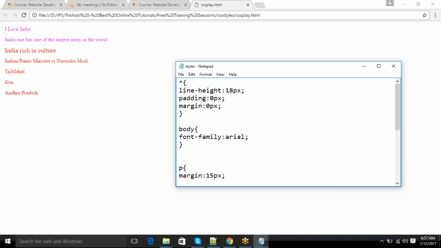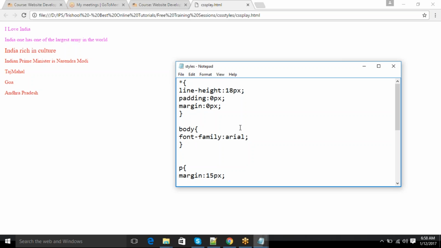You might wonder what's the difference between star and body. There is no difference actually. Yeah, there is a difference. Star represents every tag in the HTML. Body contains all tags automatically. So mostly both of them are similar. When it comes to overwriting, you will see the difference. You don't need to worry about that right now. So basically you can consider them mostly similar. Star means all the tags it will apply, and body means